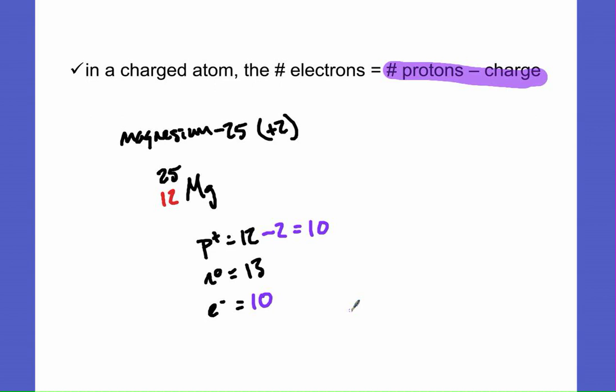Every time you do one of these examples, though, you should always just double check your work. It's not really hard to figure out if you logically have the right answer. If you have more electrons than protons, it's going to be negative, not positive. So just double check every time, make sure that you did it right. But if you subtract the charge from your proton number, that will typically give you the right answer. So I'll do one more example here. This time I'll have,